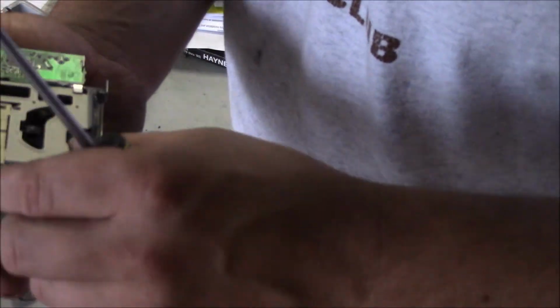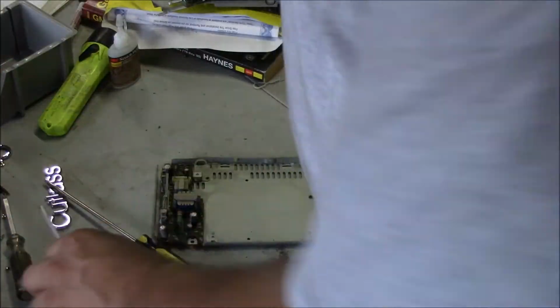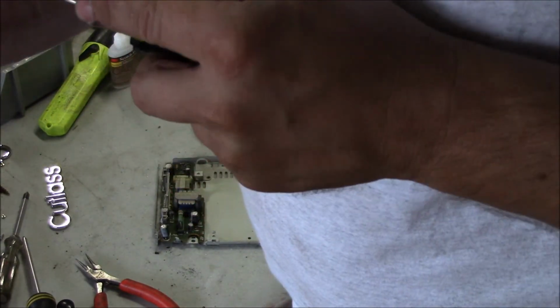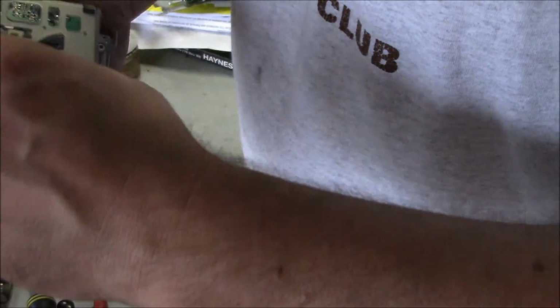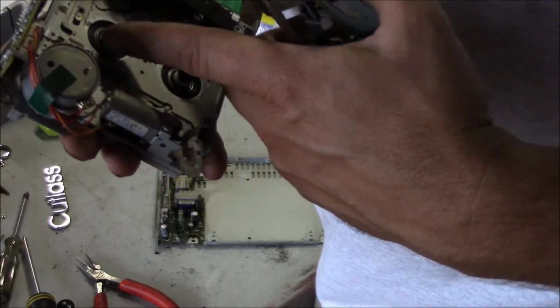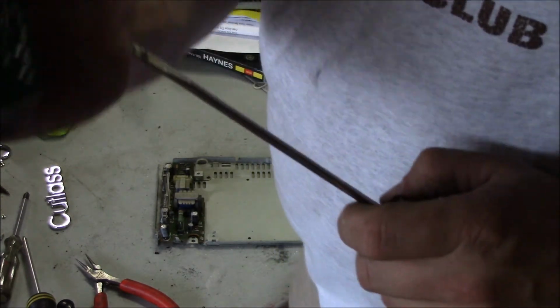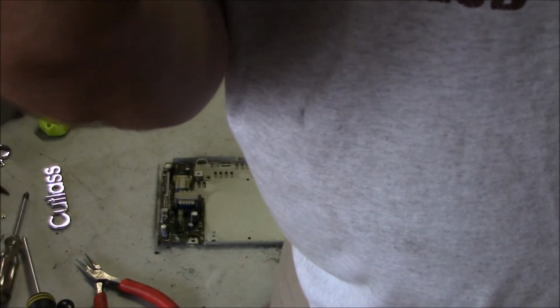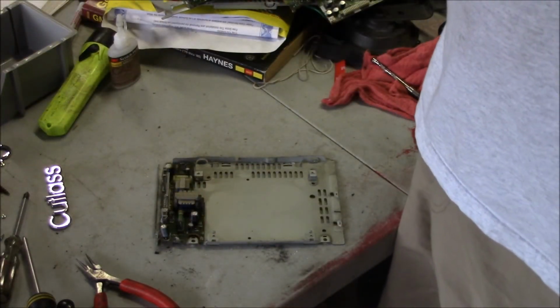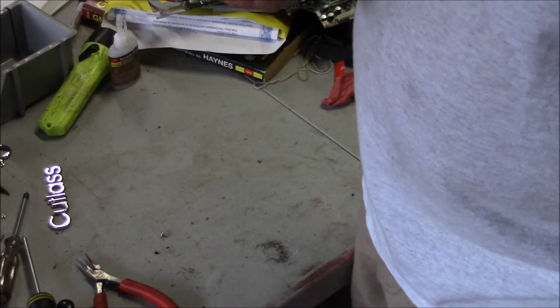Okay, so now this is held in by something, but I can't see what. Looks like a little pin of some sort right in there. There we go. So just part of the chassis for the tape deck, and there's your reels for your drive and your head, and all the little keepers and retainers, and look at all the crud in there. Head looks brand new. It's probably never even been used. Actually, that's about it. That's all that's left. One little board on a piece of chassis, and